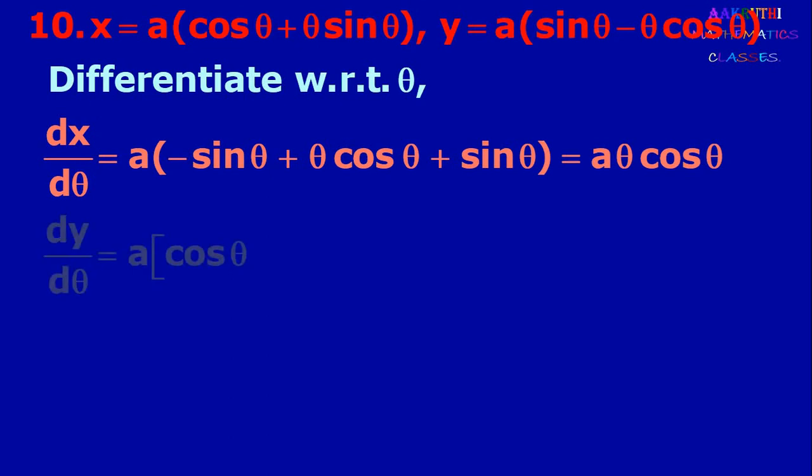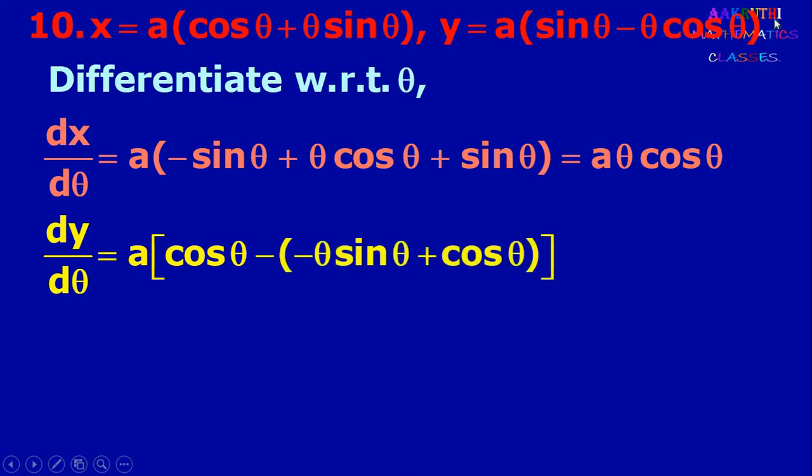Now find dy by d theta. So differentiate y with respect to theta. So it is dy by d theta, a constant, sin theta differentiation is cos theta. Again here theta cos theta, again it is the product rule. So put a bracket, we have minus outside. Write it is minus of theta into cos theta differentiation is minus sin theta, so it is minus theta sin theta, plus cos theta as it is, and theta differentiation is 1. So it is cos theta into 1, cos theta.